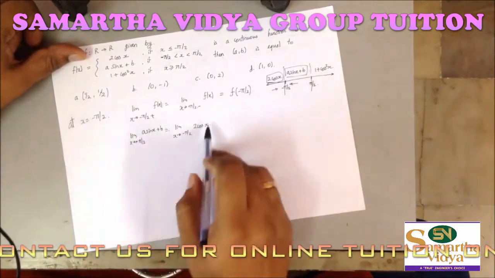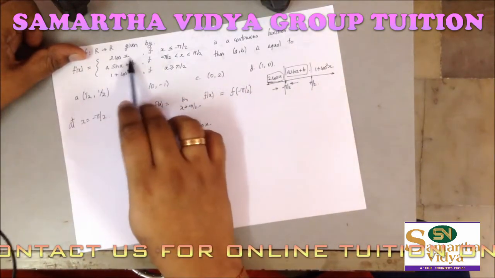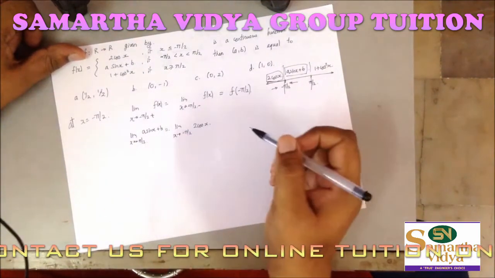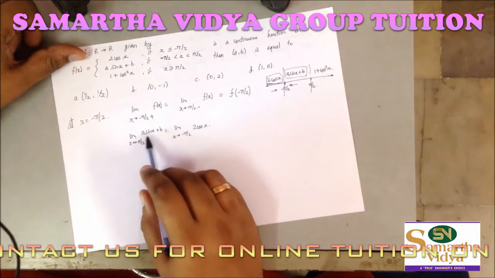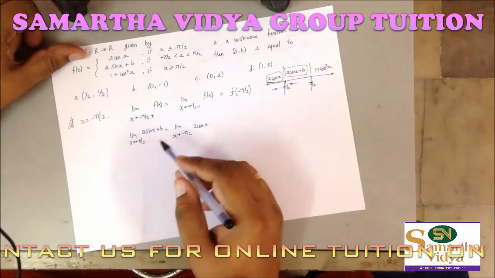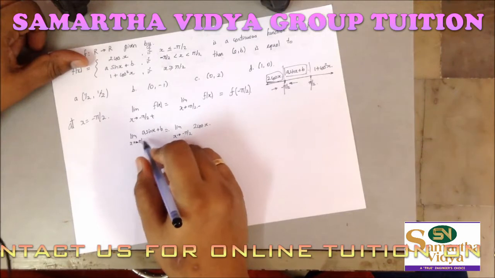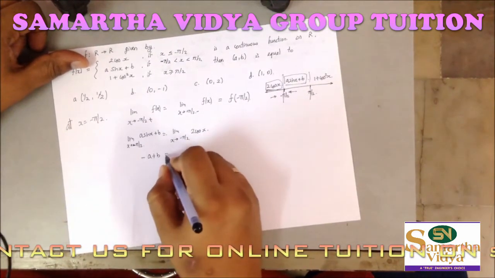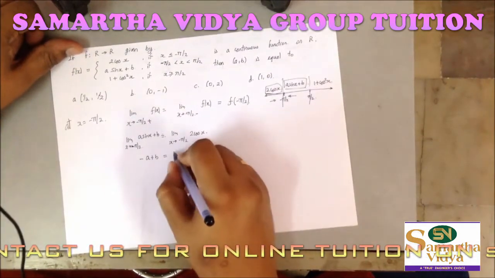We'll just deal with these things because this is as such the function when x is equal to minus pi by 2. It's nothing but this. If I substitute x as minus pi by 2, because we cannot apply the L'Hopital rule since it's not in the ratio and it is not in the 0 by 0 form, we can simply substitute x as minus pi by 2. I will be getting minus a plus b is equal to, and in this also we can substitute x as minus pi by 2, so this becomes 0.